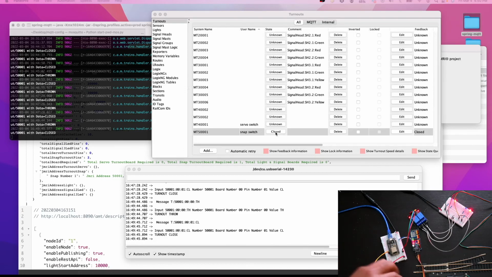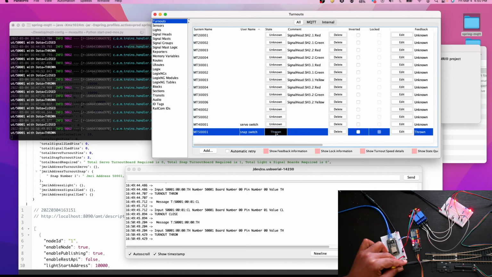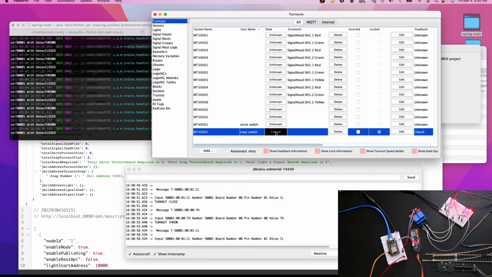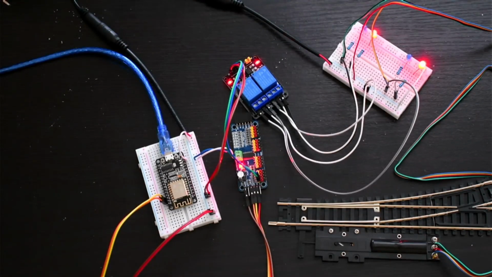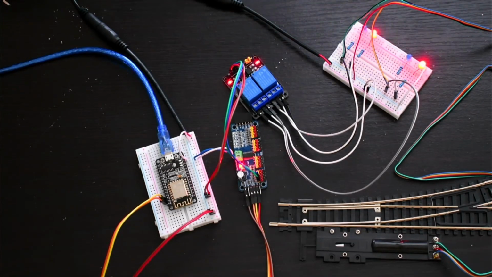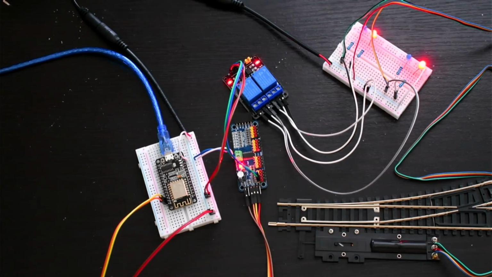Now here we can see, probably once it starts moving. Just keep it properly here. Here you can see the turnout is changing its position, and you can see the light is going from red to blue. I'll show you a closer view here. I guess this testing is done.